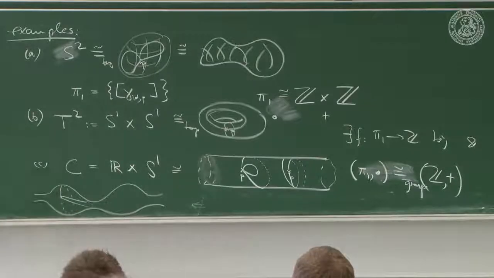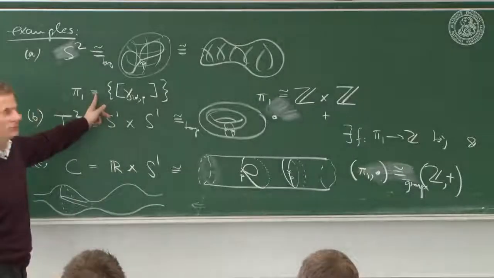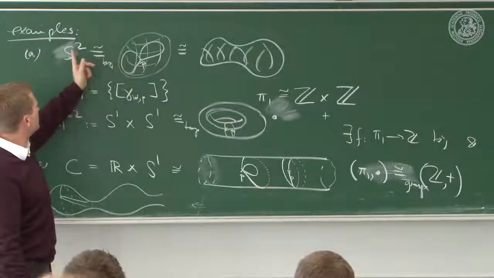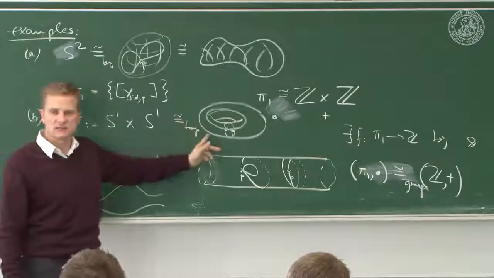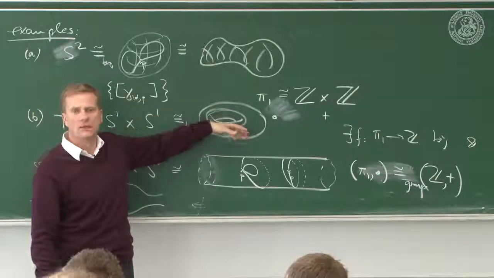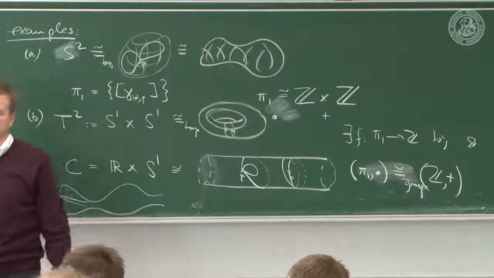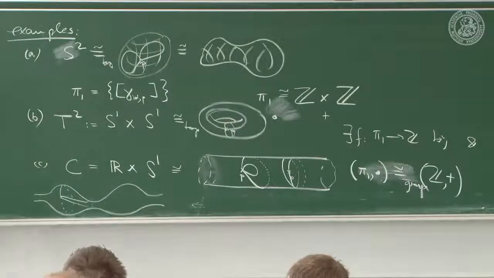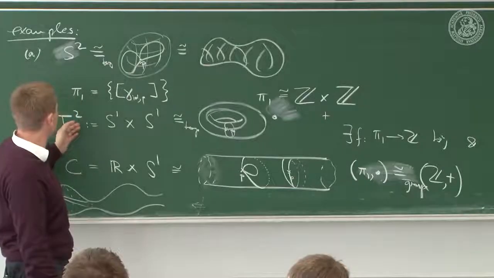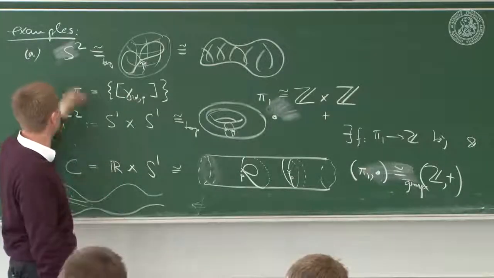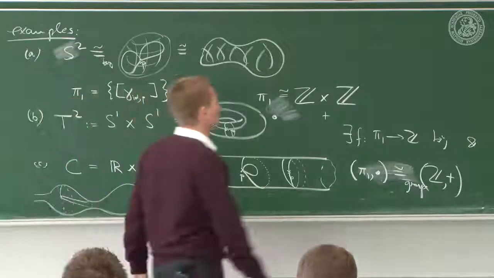Okay. And so immediately you see this group is a different group from that group. So the two-sphere has a different fundamental group than the torus does. So they can never be homeomorphic, because the groups are constructed from the topology alone. From the topology alone. Okay? They cannot be homeomorphic. Neither can the cylinder be homeomorphic to the torus, or the cylinder to the sphere, and so on. But again,